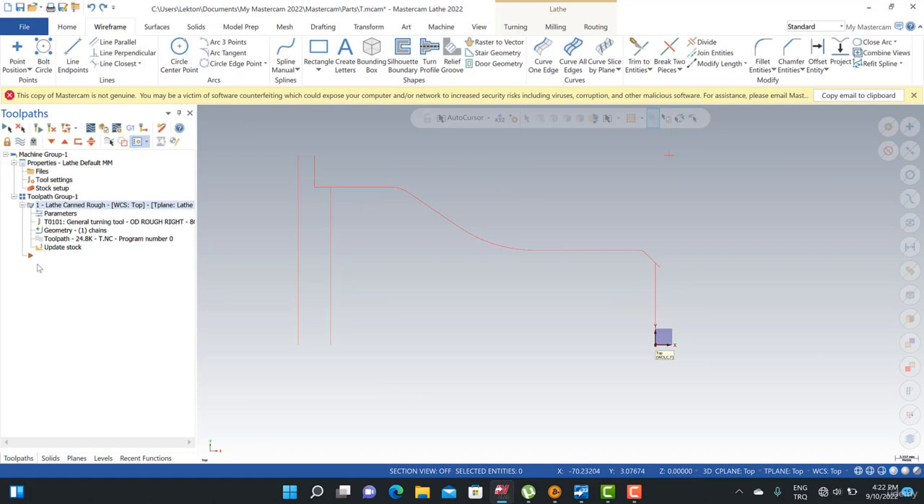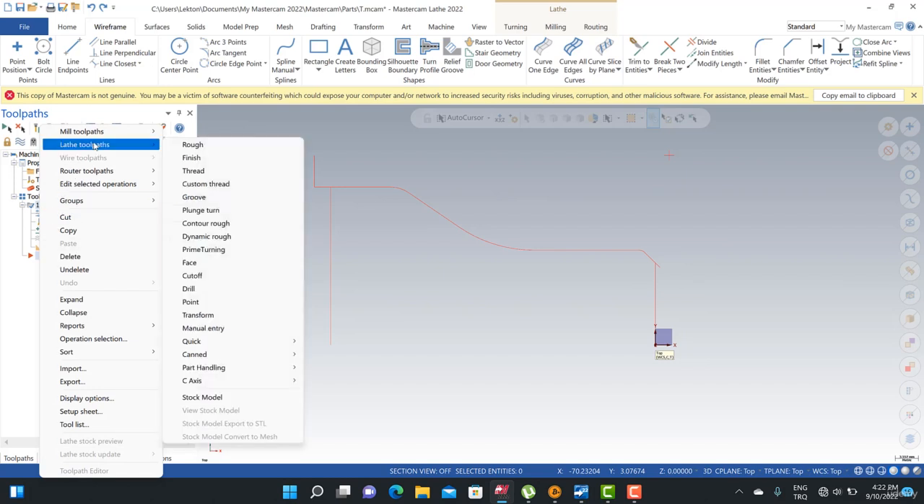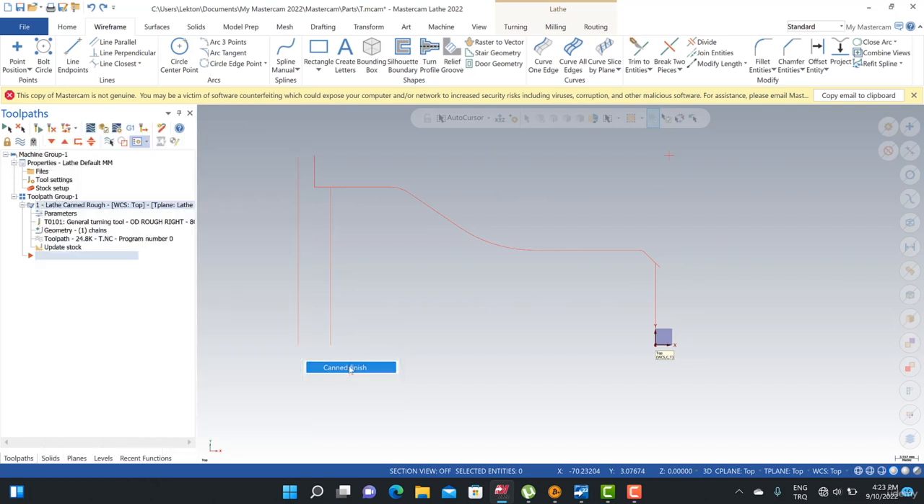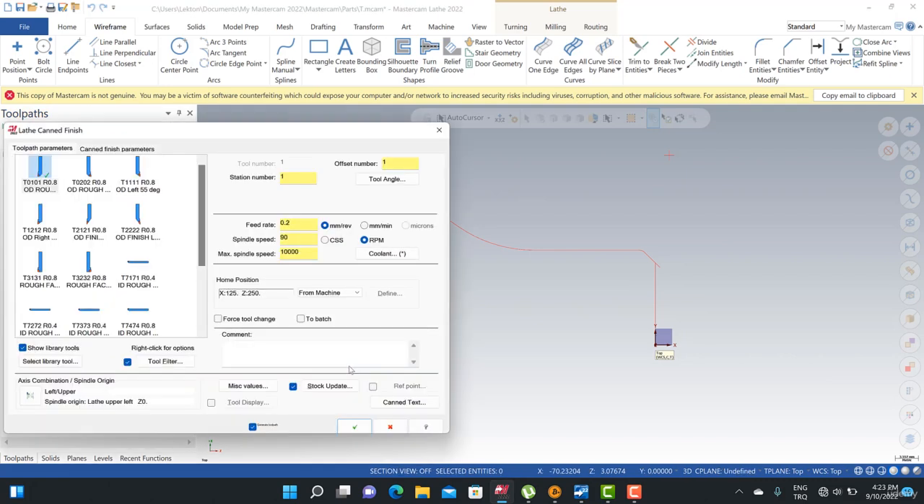So I can turn back here. This is my toolpath operations. I can use the right mouse button, Lathe toolpaths, and finish toolpath. As you can see here, we don't need to select any profile because this is the G70 function, and